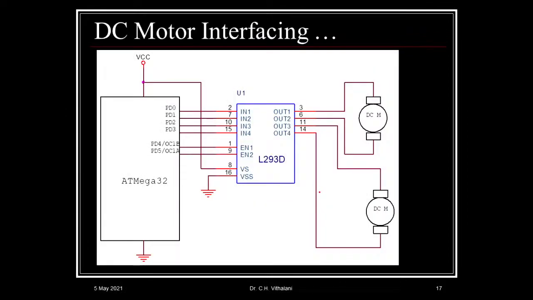Let me show the diagram here. This is PD0, PD1, PD2 and PD3, which are driving the motor, so 4 inputs are there. PD4 and PD5 are driving the enable pins, and these are the two motors connected with the chip.